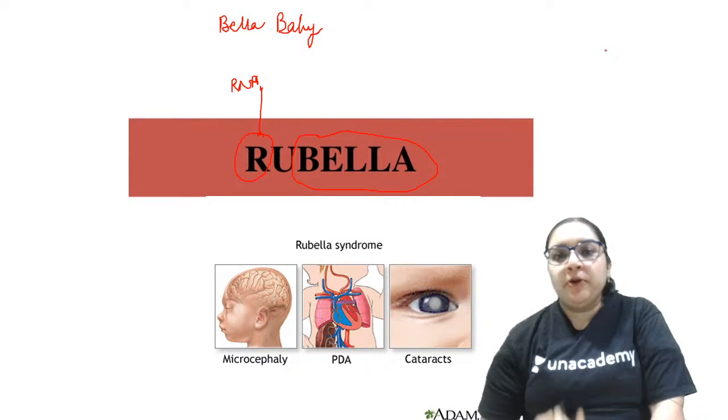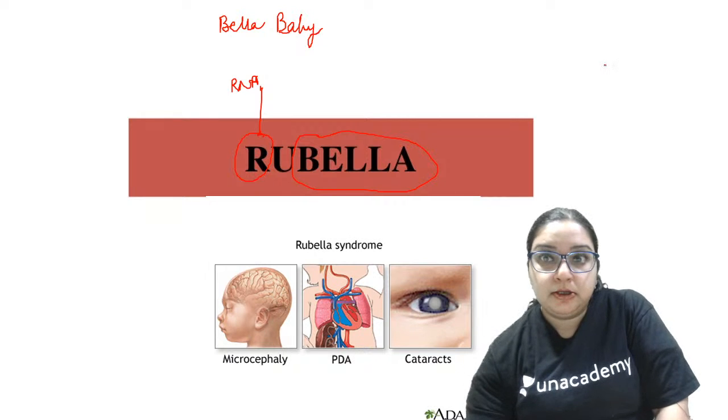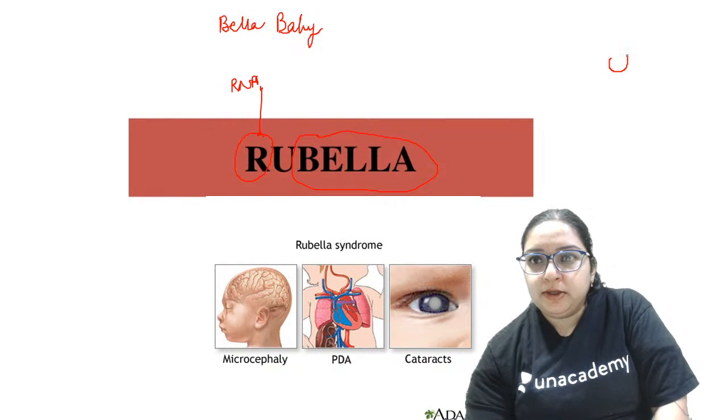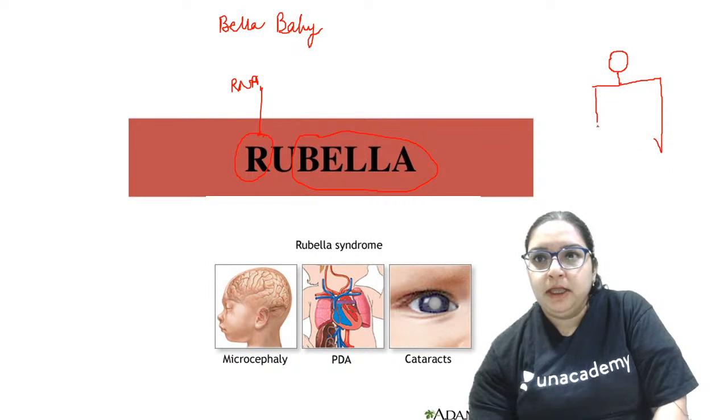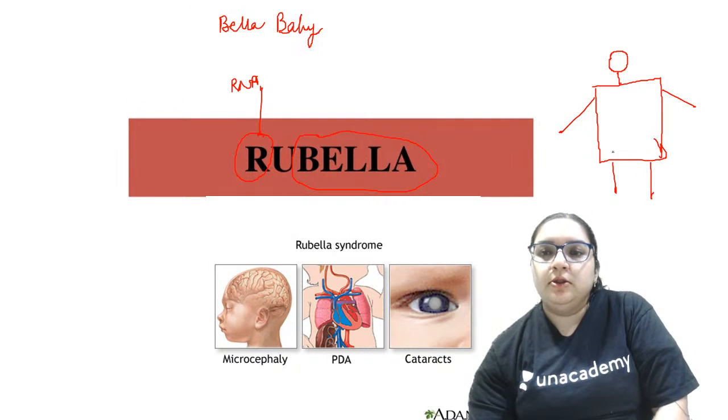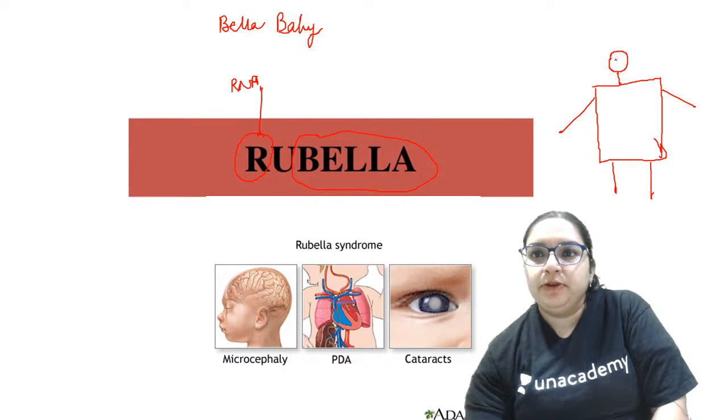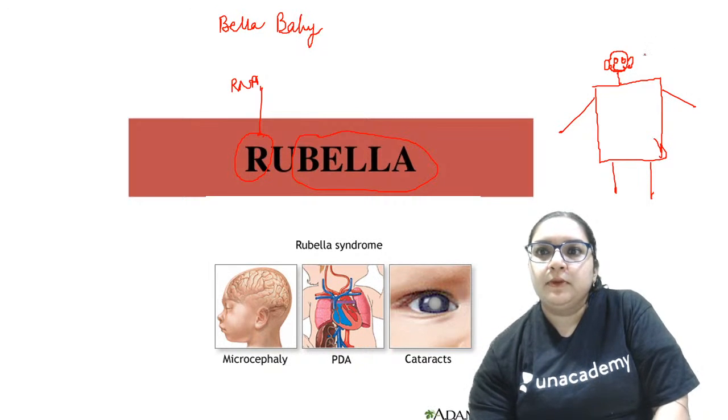So Bella baby. I'm going to draw a beautiful girl, because it's a beautiful baby with a small head, and the body is bigger as compared to the head. Then we have the hands and the legs. Coming to the head, we draw the eyes over here, and some blush on the cheeks because it's a Bella baby. Plus she's wearing beautiful earrings, and with some hair at the end.